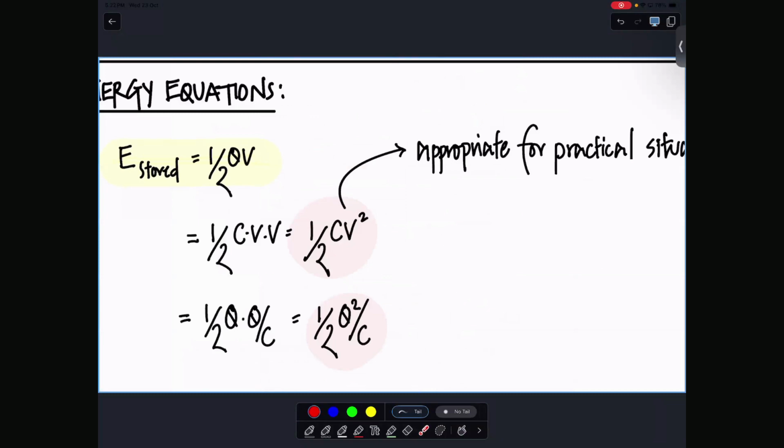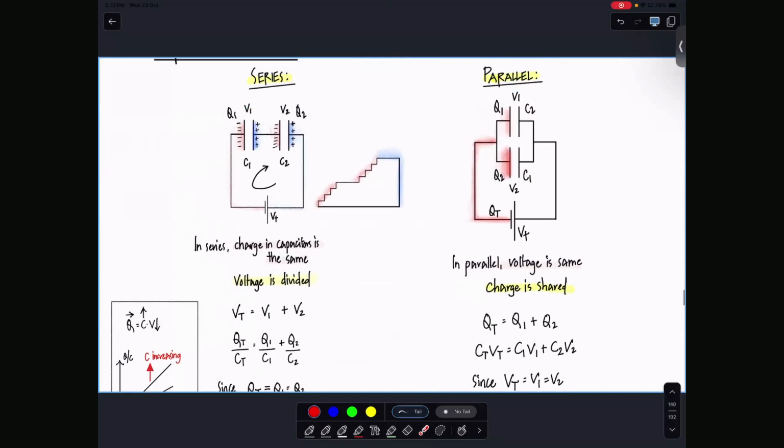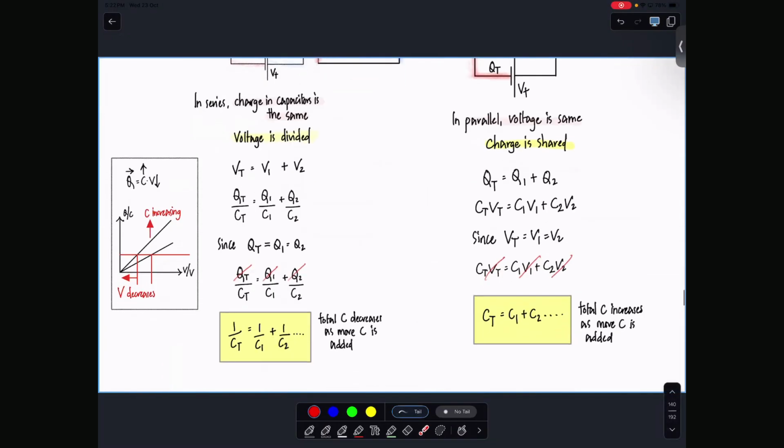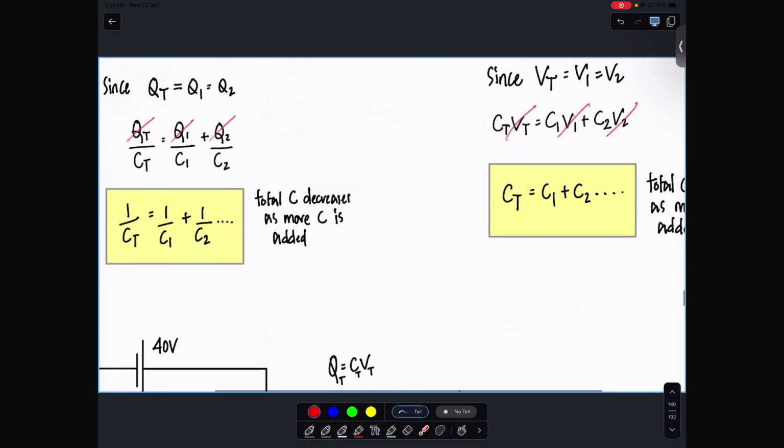The way they behave, the way they combine. And why am I saying this? Because you have a chapter in your syllabus called combination of capacitors, and the combination of capacitor equations are exactly the same equations as for combination of what? Springs. So if you can remember springs, you can remember this as well.